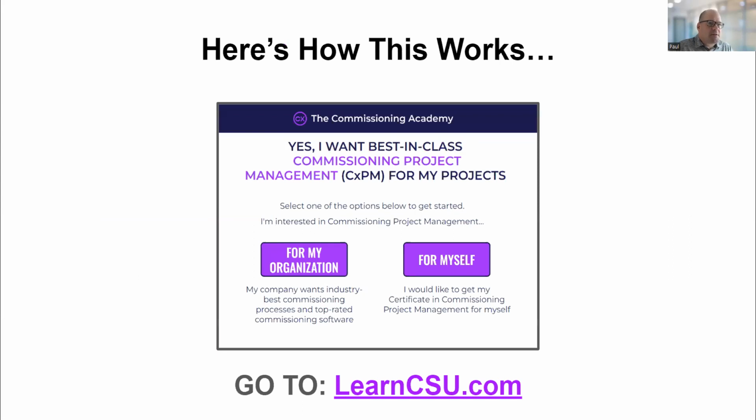So here's how this works. Go to learncsu.com, and there's 2 options you can choose. If you're interested in commissioning project management for your organization, to get the industry best commissioning processes to follow and the top rated commissioning software to use, and also have someone